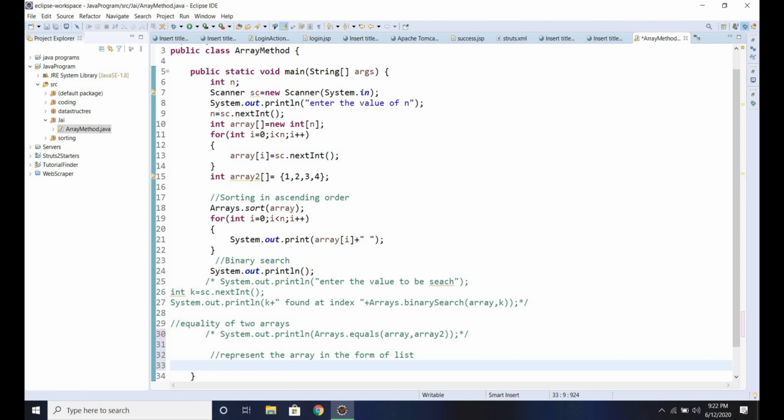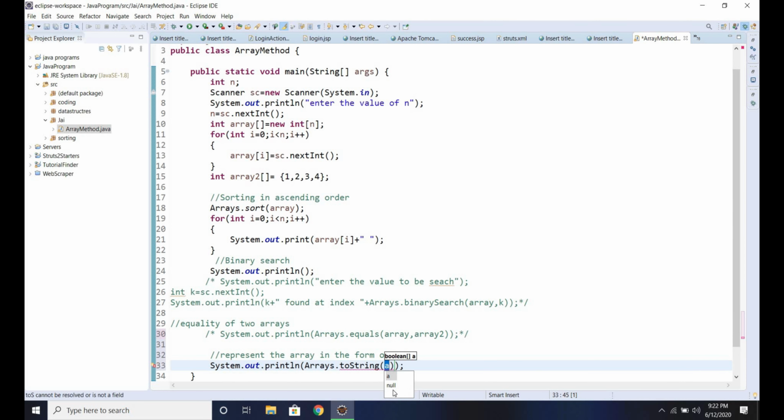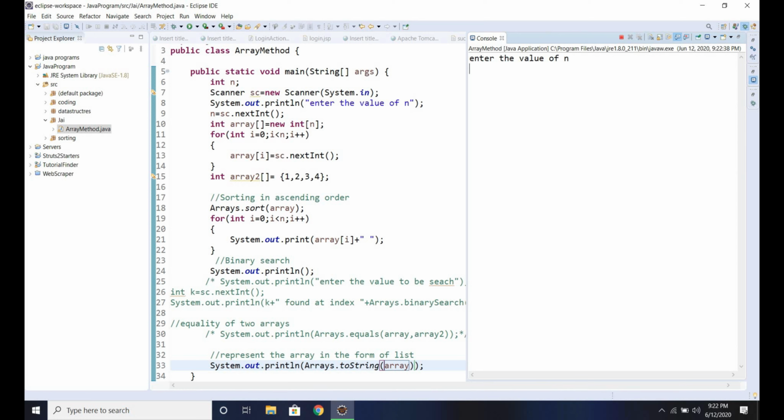Inside the print statement we need to write Arrays.toString. toString is a method to represent the array in the form of a list. Inside this we will pass our array. So now run the program, and the value I'm giving is 5.